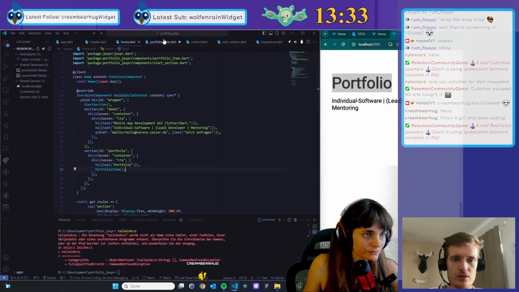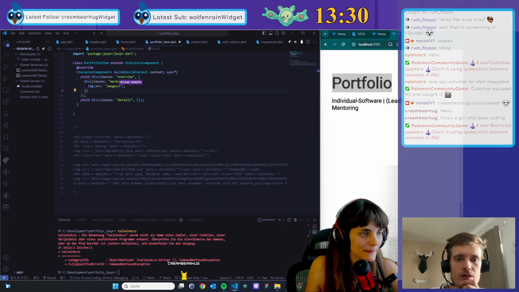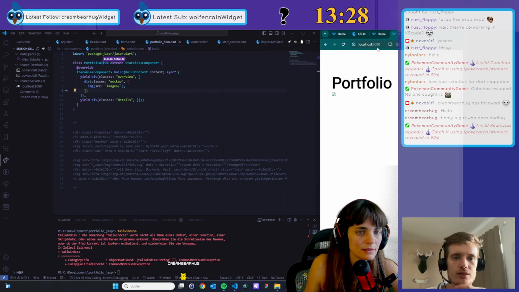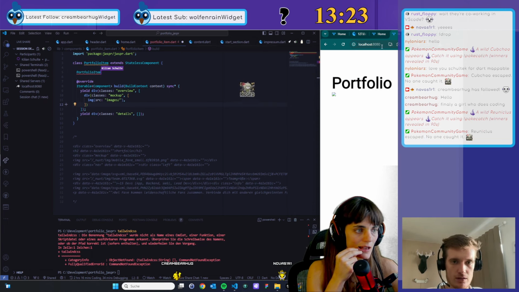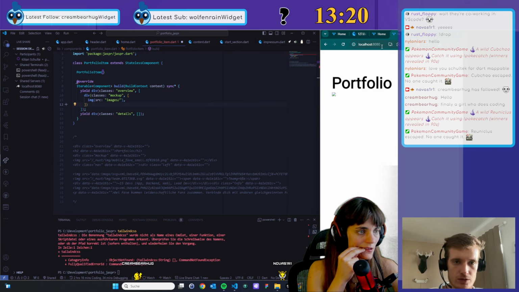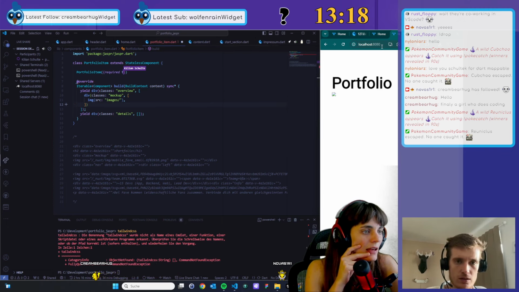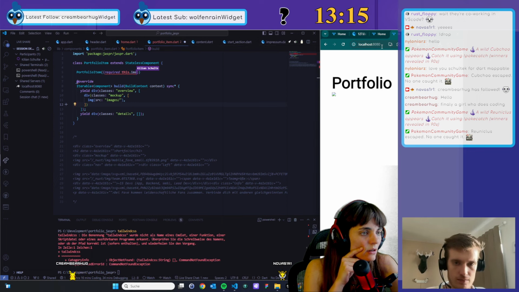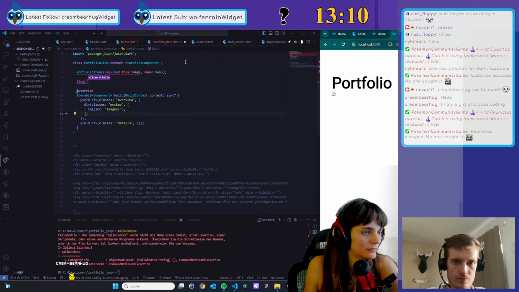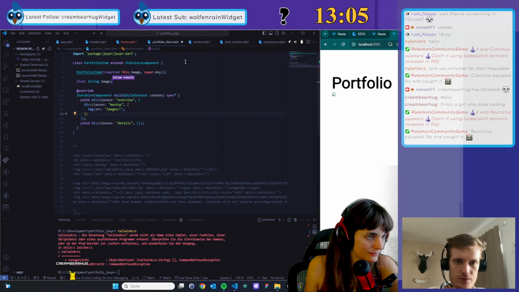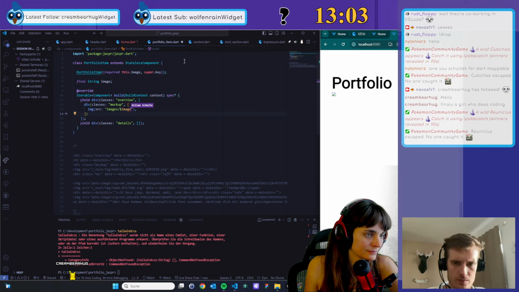Yeah. So now coding the image, since we are in the component, we now need to pass that as a parameter, I think, to have then multiple items with different images, right? Yeah. So we pass the image and use it in here. Yes.